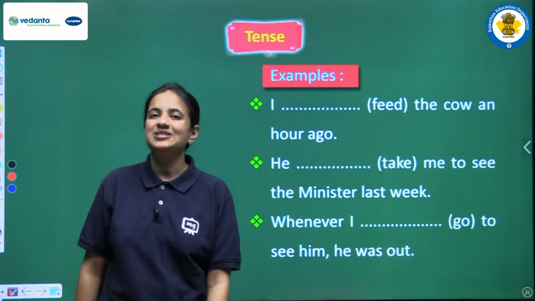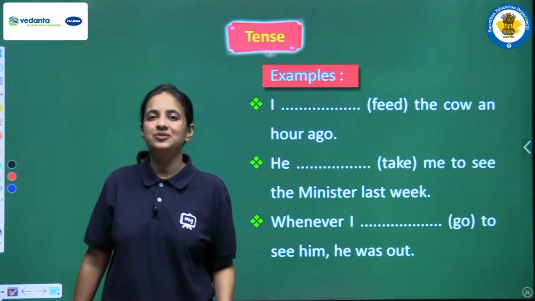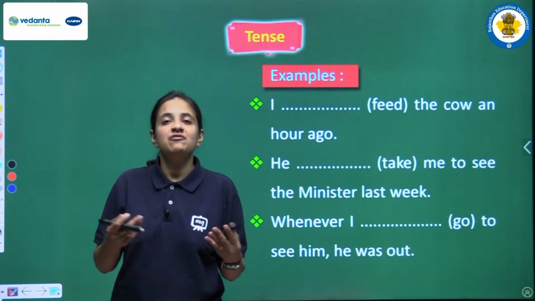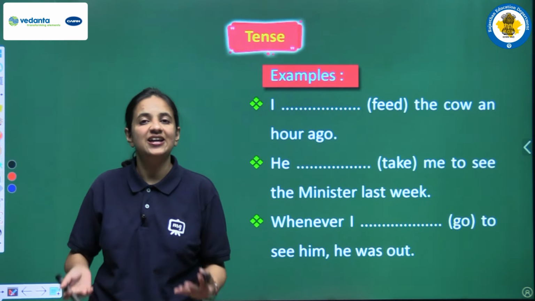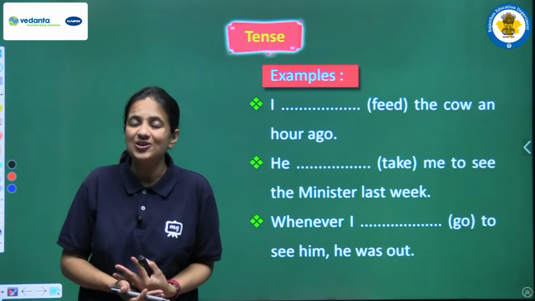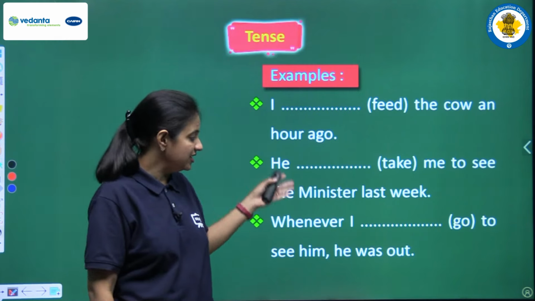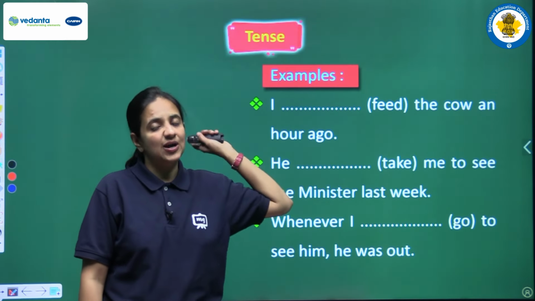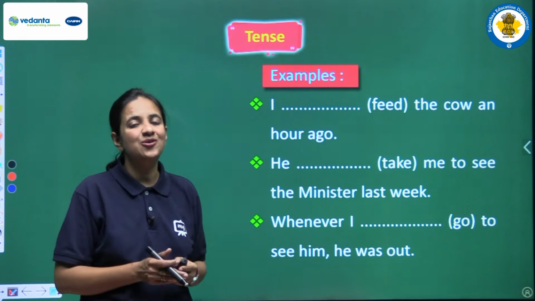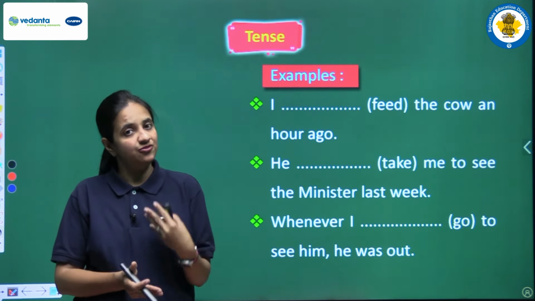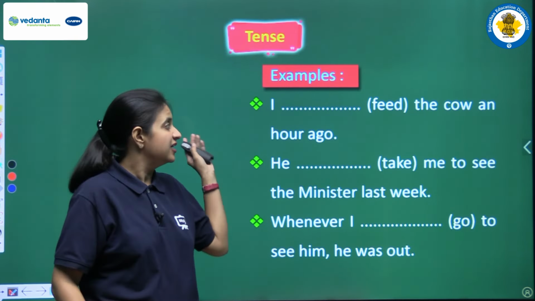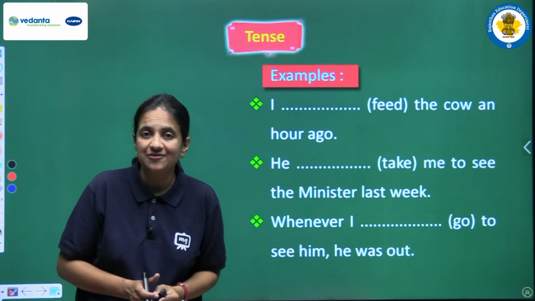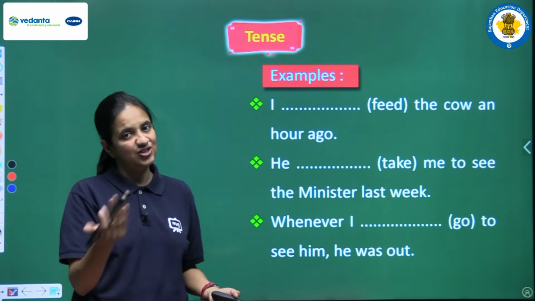Next we are having some examples. Now we have discussed all the rules regarding helping verb, main verb. We have seen so many uses, and yes, we have discussed common words also. So now we will solve all these questions. We are having some sentences and we are having blanks. We have to read the sentence and then fill the blank to complete the sentence. Now I am very much sure that you all are having the answer. So just solve the questions with me.